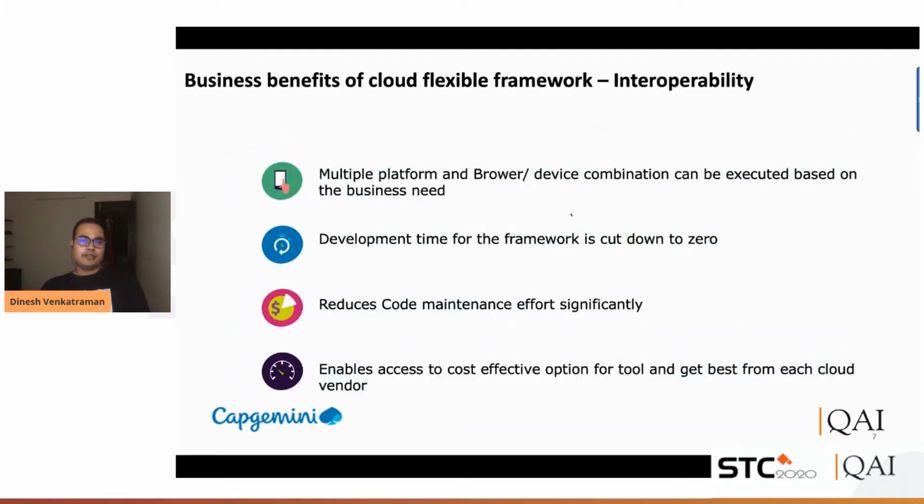And one of the main benefits of using this is the interoperability, where multiple platforms and device combinations can be used, and also the development time is reduced to zero because you are not writing anything separate for any vendors. All you are focusing on is your code, and not really bothering about which particular vendor you're going to execute it on. And it also reduces the cost of maintenance, because when you're writing your base